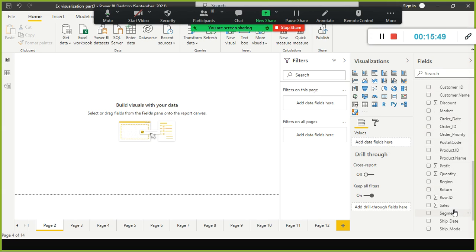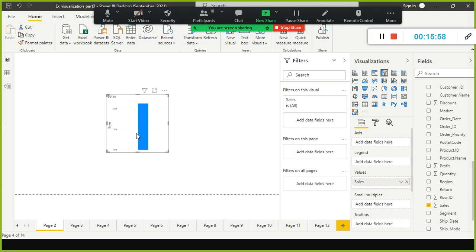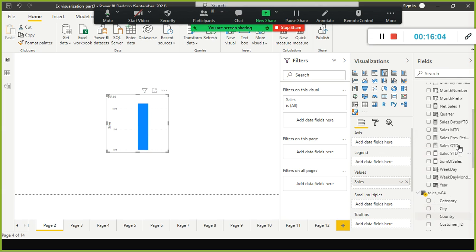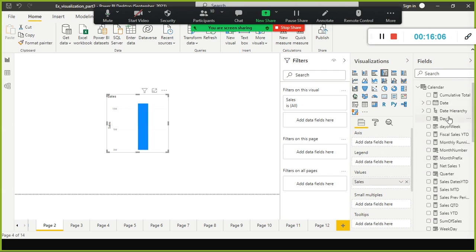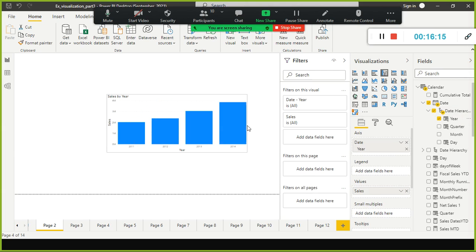Let's say if I select sales and drag and drop it here, this is my column chart. If I wanted to see the year by sales, what should I do? If I drag and drop here, can I get year by sales? Yes, we can get year by sales. This is a simple column chart.